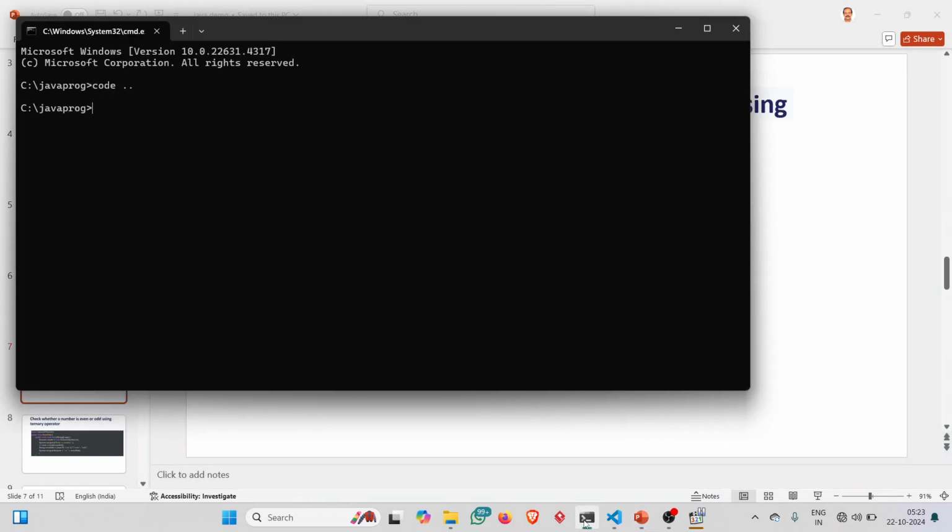command prompt. In the command prompt, or in any of the drives, you can create a folder. I have created a folder called Java program. All my Java programs, I want to save here, or I want to type here. So then